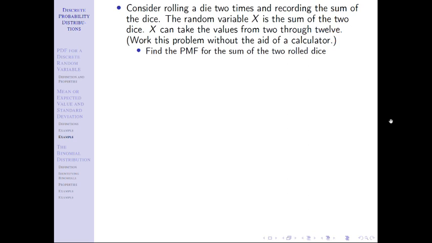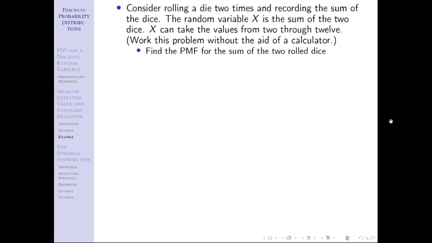And you would say, okay, well, that's great. I found how many ways I get each one of them. How do I get a probability? Because I need the f of x. That's the PMF, the f of x part of that, which is a probability. Well, as we said, it's how many different ways lead you to success for that outcome, divided by how many different ways there are that things can happen in total. And if you were to add up all those different dice outcomes we talked about, you get 36. There are 36 different options.